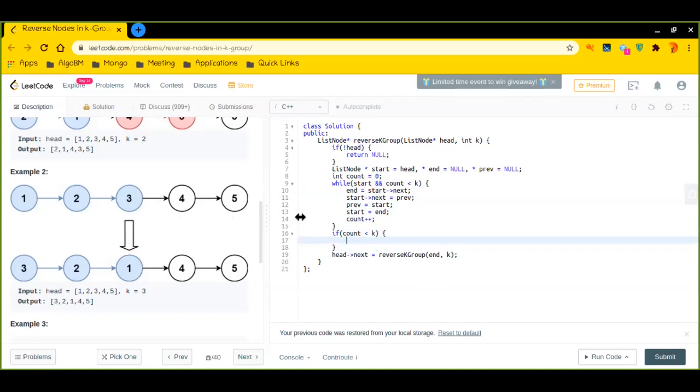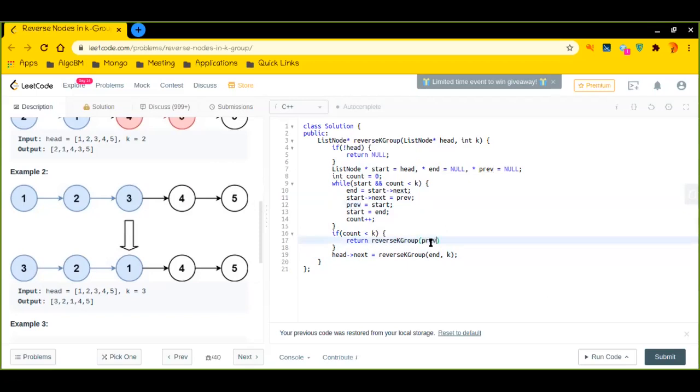So we have to re-reverse it. If we re-reverse it, then we'll simply call this particular function, and we will pass the head of the reversed sublist, right? The head of the reversed sublist is nothing but 5. So in this case it is basically previous.